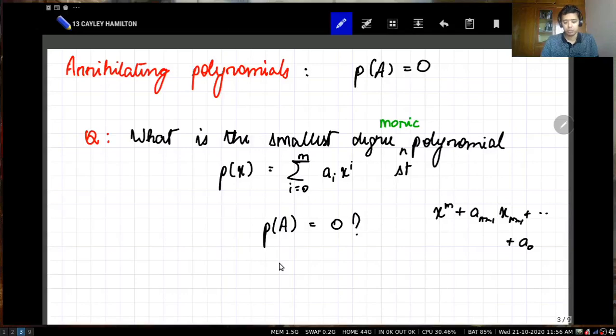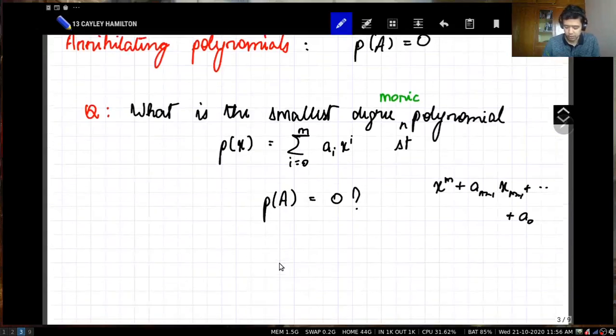Of course, at this point it doesn't really mean that the polynomial is unique. So there could be two different monic polynomials of the same degree which could evaluate to 0 at this particular point, right? So when I say what is the smallest polynomial, we'll ask for the following conditions. So we want p of A to be equal to 0, and we also want that p of x is monic,